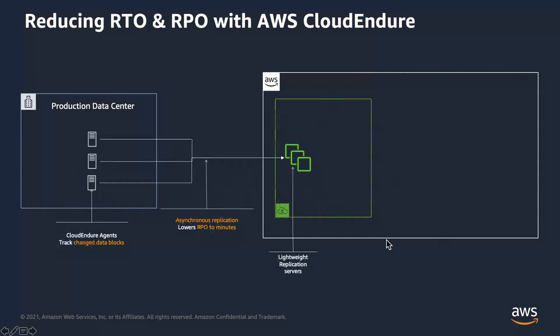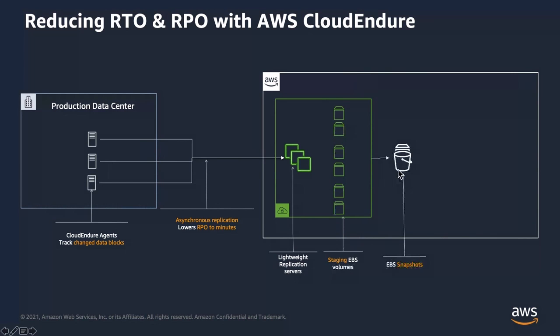But once the data is here, in the background, you can take snapshots. Again, this is part of our service. These snapshots can be as aggressive as every 10 minutes, or you can take snapshots every 1 hour, or you can take snapshots every 24 hours. It's totally up to you. So the higher the frequency of snapshots, the lower the RPO. If you take a snapshot every 10 minutes, you get an RPO of 10 minutes. If you take a snapshot every 1 hour, you get an RPO of 1 hour. So you can totally dial and control your RPO from minutes to hours using CloudEndure.